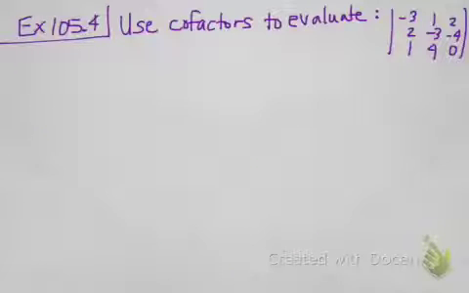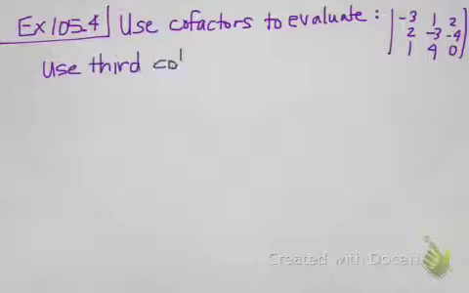We'll do one more example. Use cofactors to evaluate. So this time instead of using the bottom row, we'll use the third column. And again, notice the third column has a 0 in it. So without writing it out,